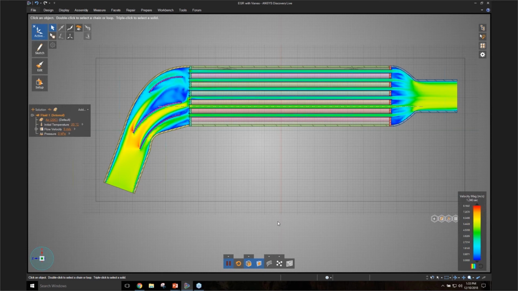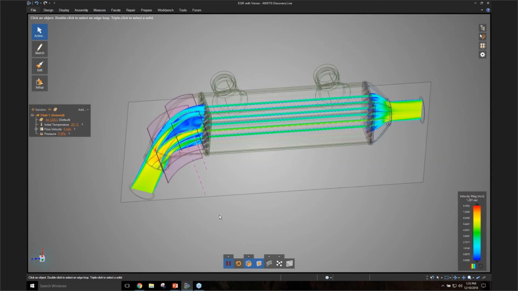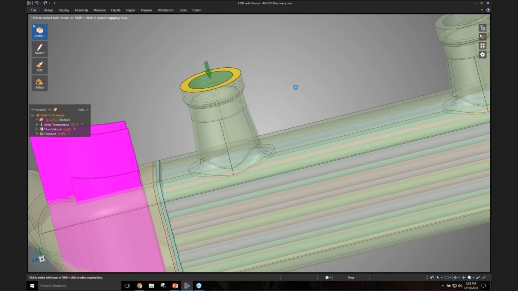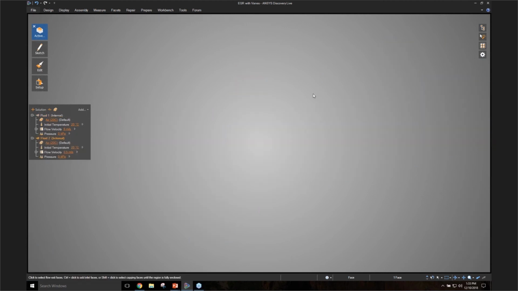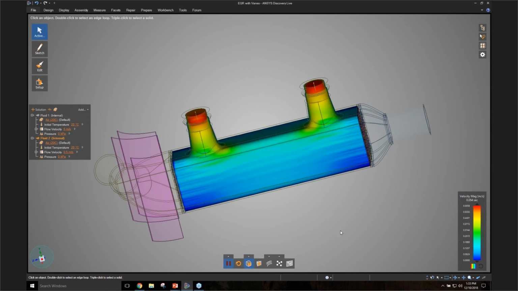Okay, so this is the simulation on the hot side with the hot gases, but I actually have a similar simulation I want to do on the coolant side. So I'm going to do a new solution. Okay, and once again, this is an internal flow, and I want to say this is an inlet. Okay, and this is my outlet. And once again, instantaneous simulation, all good. I'm actually going to bump up the fidelity a little bit so I capture some of the details, the flow between those